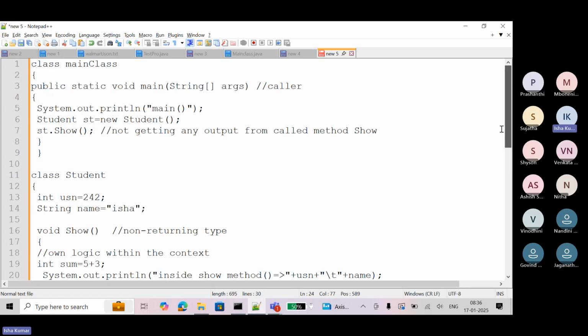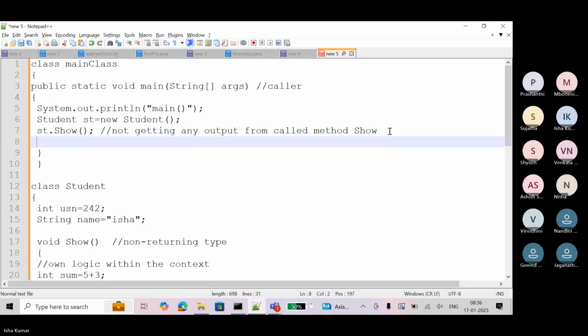And while calling, here let's say 11 players are there and the game name is football. Okay, so see this 11, this is an argumented method.